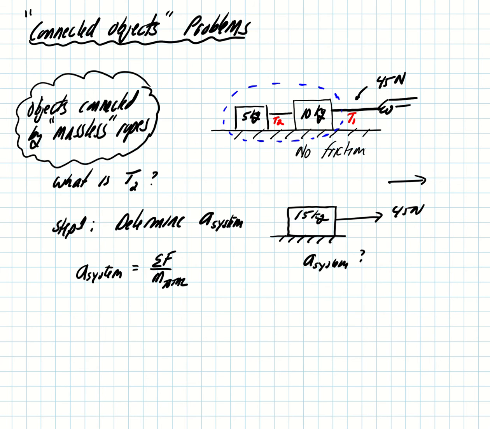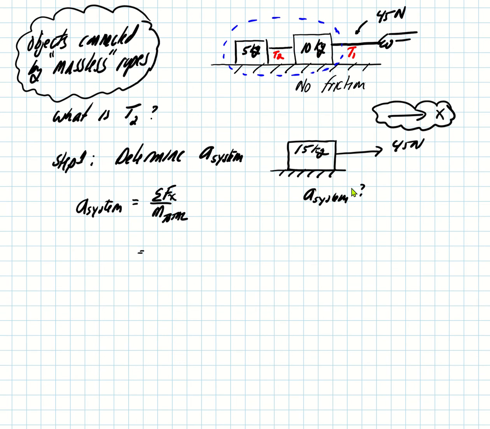Okay, so let's get a frame of reference, as we always need one. Not a big deal here, but that's x. So this is going to be in the x dimension. Well, there's no friction, so there's only one force acting in the x dimension, and I'm going to call it the tension force. I'm just going to go ahead and say 45 newtons. That's what it is. So we've got 45 newtons pulling on 15 kilograms of mass, and that's going to be 3 meters per second squared of acceleration. Okay, that is the important first step